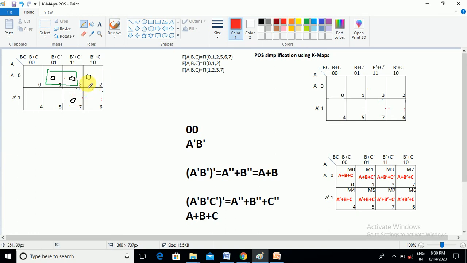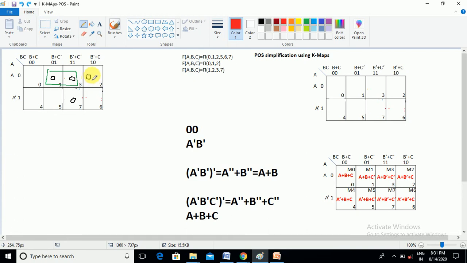Now you need to think about the cells which are not in the group. Who is not in the group? 7 and 2. So initially I want to go with the 7. Can you do the alternate? Can I do this kind of mapping? This is a wrong direction, and it is not recommended. It seems like a diagonal, but diagonal mapping is not recommended and is a wrong mapping. We should not do it.